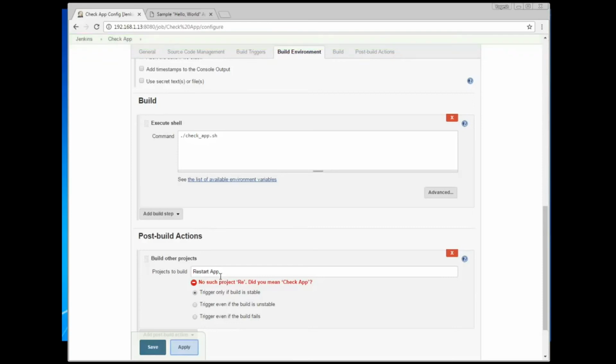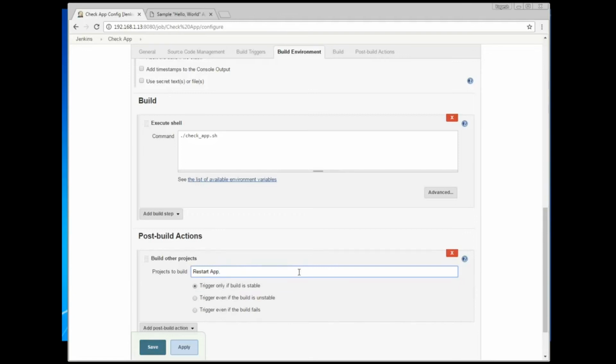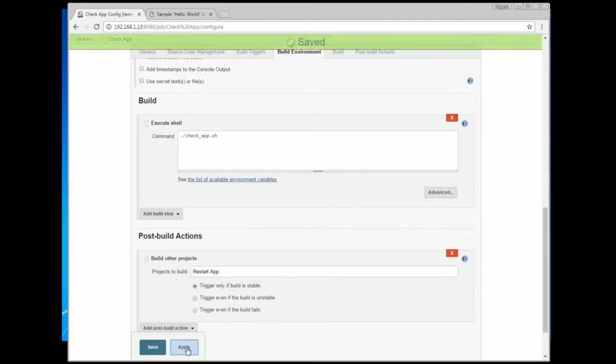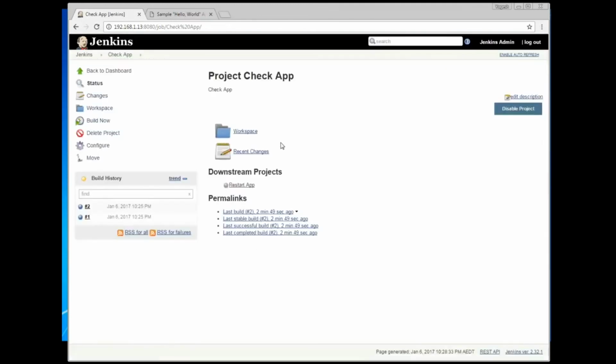It is saying no such project. It means some error. Let me see what the error is. Restart app. Okay, so there is a dot after that. Yeah, now it's fine. So the name needs to be exactly the same. So clicking on apply and save. If you see, it is saved also. So let's click save. So now we created